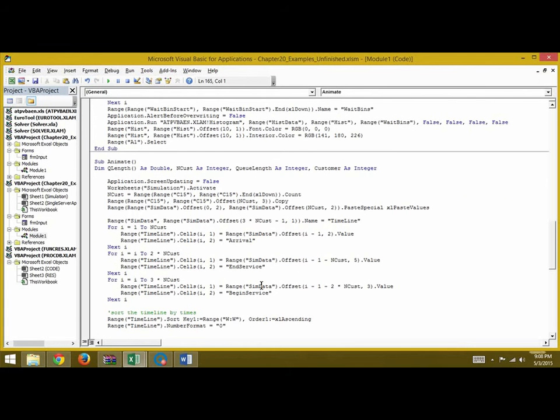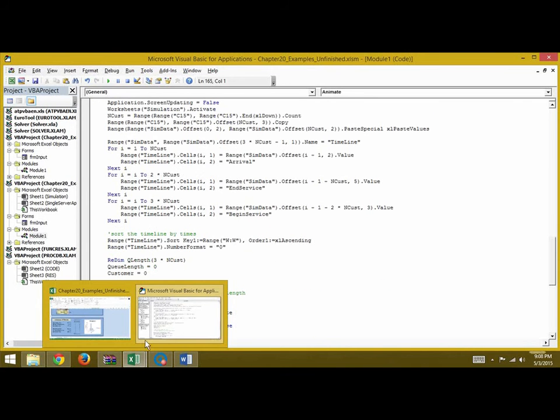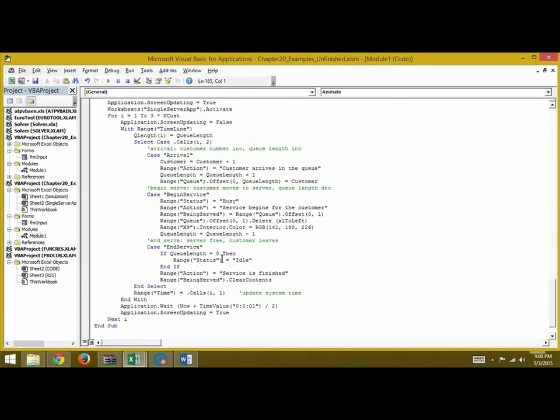The animate procedure imitates the movement of customers through the queue to the server. It uses the data generated by the simulation model, which will be in the sheet. The animate subprocedure browses through the timeline table, and